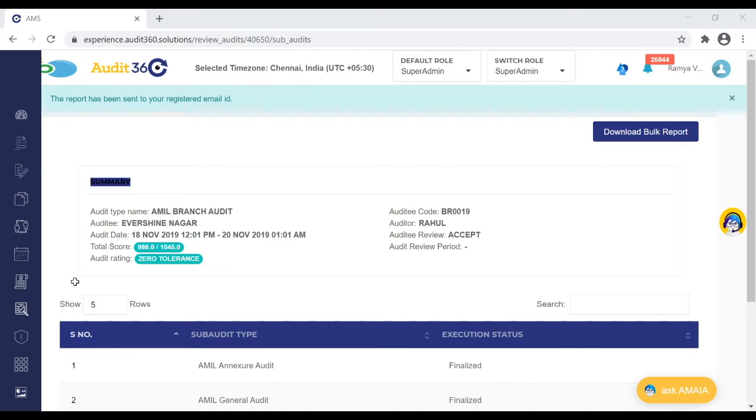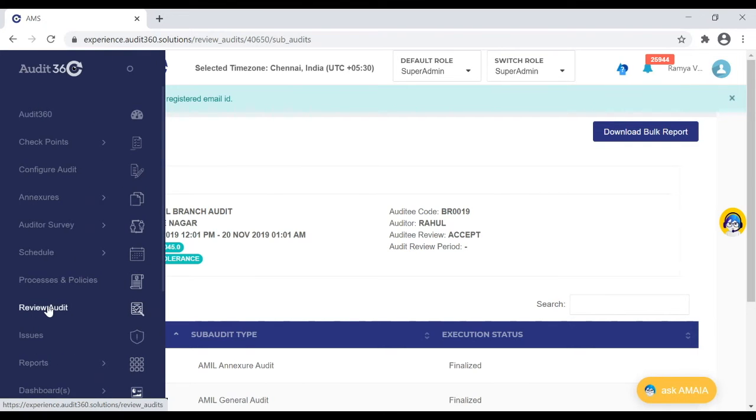So hence we are showing the redistributed score also in the audit report, so that score-level clarity is available in the report which we have downloaded. And the achieved score against each of the sub-audits is also shown in your bulk audit report. So this was on the individual schedule level reports which we have under the review audit module.